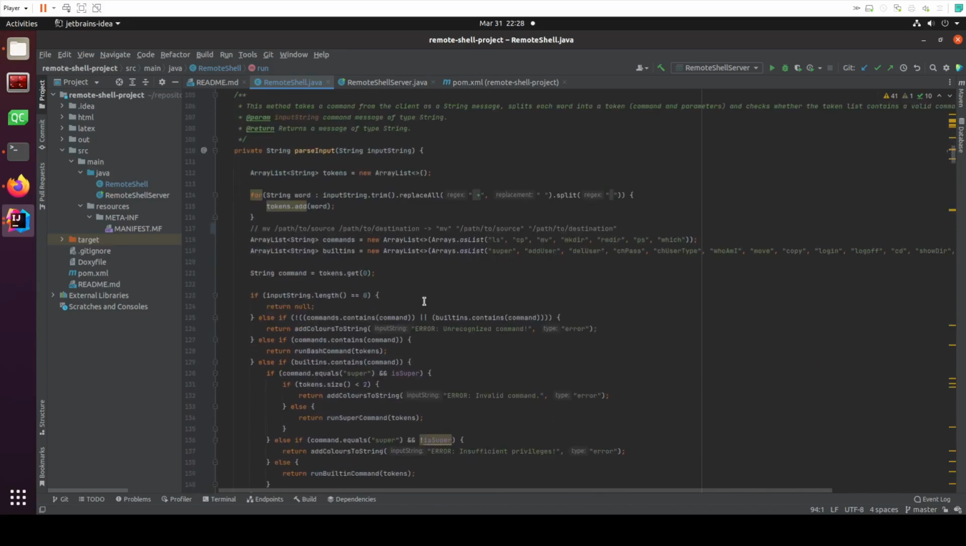And so we have the parse input method, which takes the input string from the client and splits it into tokens, into this array list called tokens. So if we have, for example, a command called move, mv, with the two arguments, the source and destination, they get split up into the command and argument 1 and argument 2, which makes it much easier